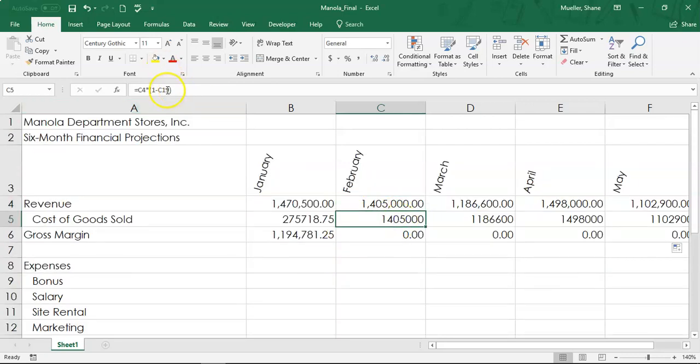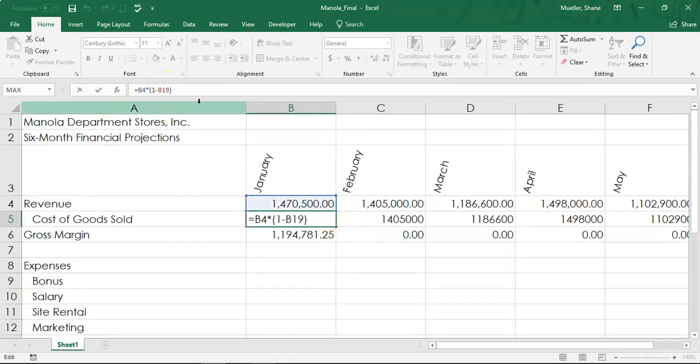But that's not in cell C19, it's in cell B19. So what we need to do is either type C4 times 1 minus and then click B19 and keep doing that formula over and over again, typing it new every time, or we come to cell B5 and then click in cell B where it says B19 in that reference right there,